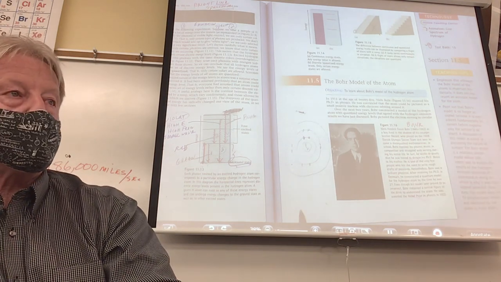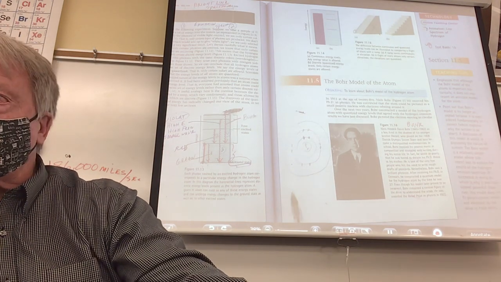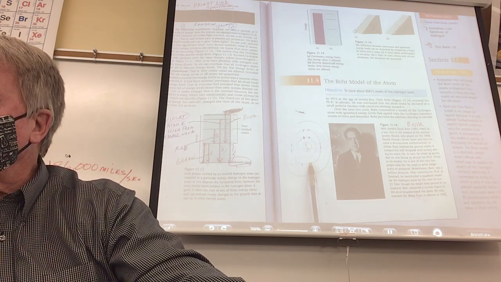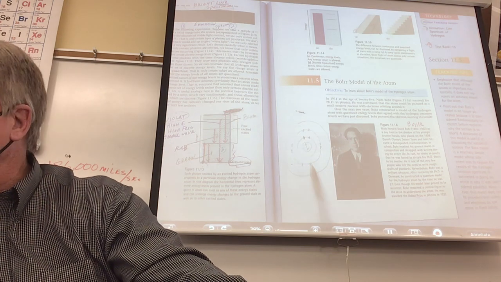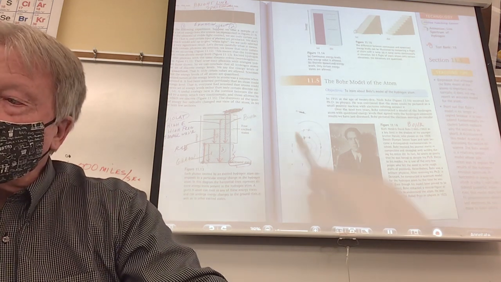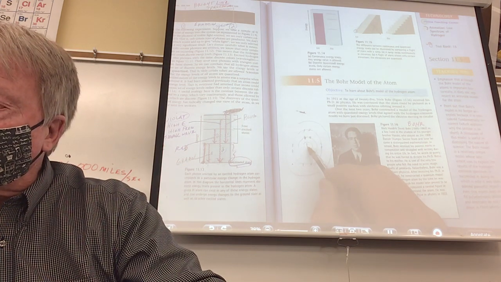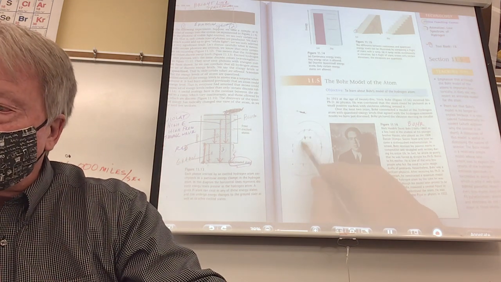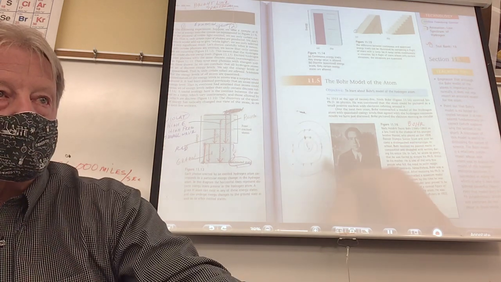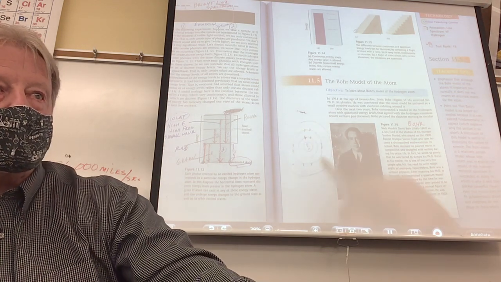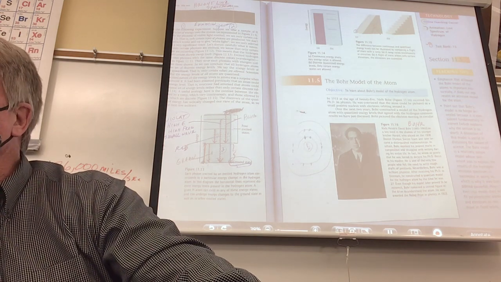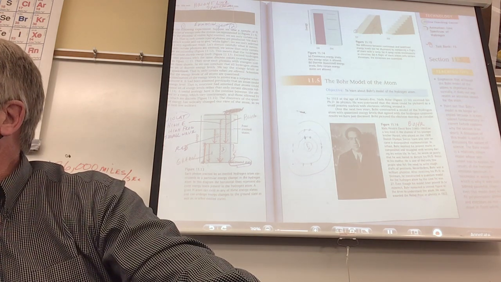And I believe that even in the 9th grade, didn't you draw all these for Miss Founds? Mrs. Founds? You might not have been here. But the Bohr model is where you put the nucleus, you show how many protons, how many neutrons, and then didn't she have these little circles, like the first energy level, the second energy level, remember that? And you had to remember how many electrons could fit in the first energy level. Do you remember this from 9th grade?